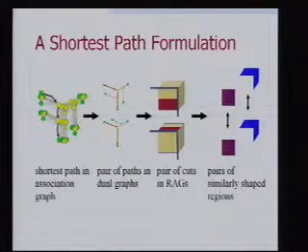And now the final step. If we choose an appropriate set of edge weights in this graph and some appropriate objective function, cost function, then we can compute a shortest path in this product graph. The shortest path corresponds to a pair of paths in the boundary segment graphs, which in turn map to a pair of corresponding cuts in the original region adjacency graphs.